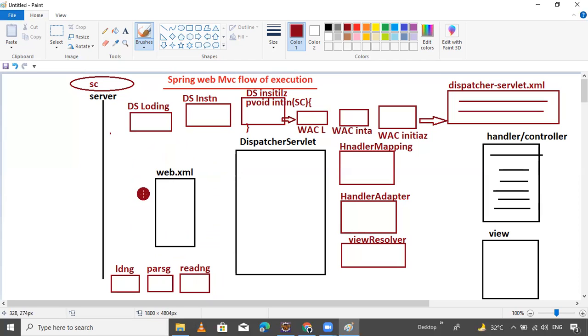First it searches in the classes folder. If not existing there, since the dispatcher servlet is provided by the Spring MVC framework, it will search in the lib folder.